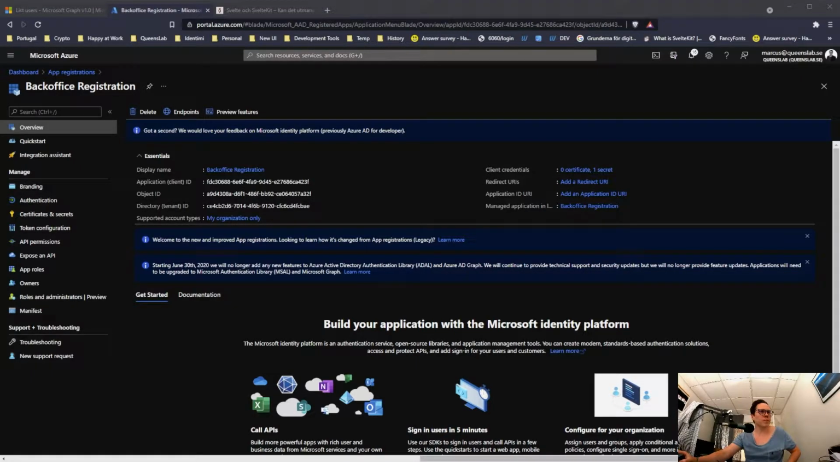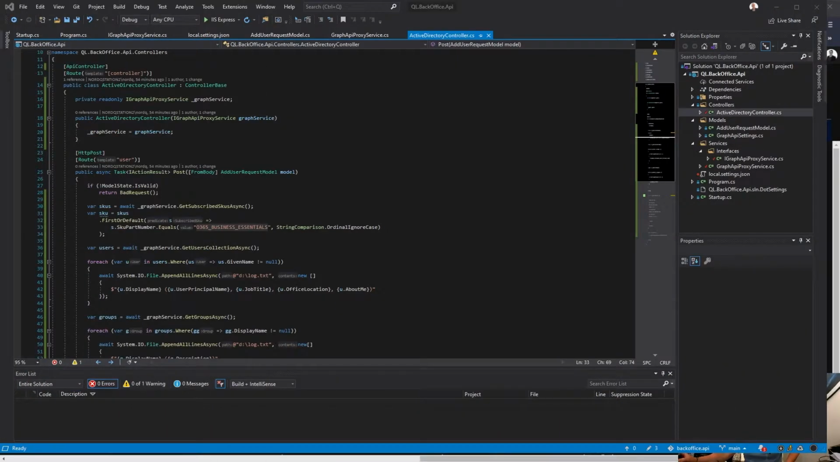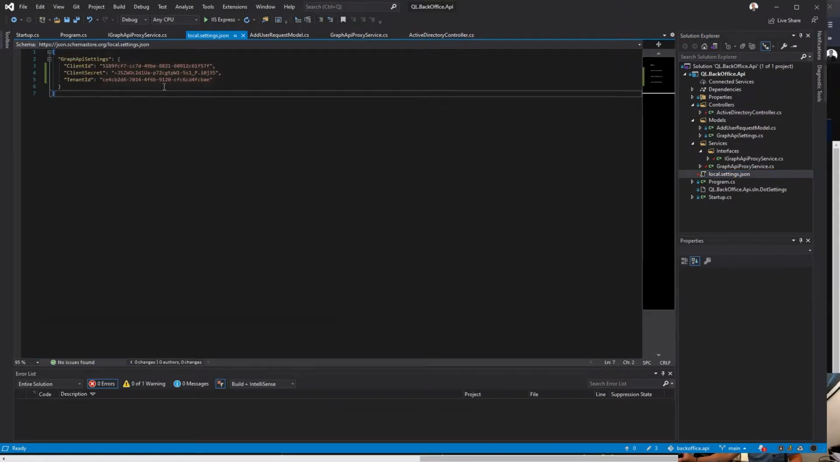All right. Moving over to code then. Let's take a look at what we have here. I have something called an Active Directory Controller. But before we move into that, I'm gonna just take a look at the local settings.json. In this settings file, I have client ID, client secret, and tenant ID. If you've followed so far, then you know that we've copied all these ones, and so I can just copy these in,